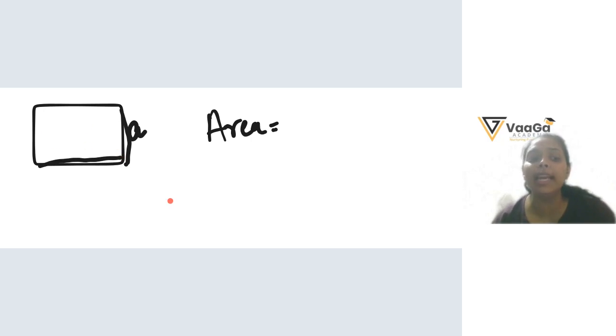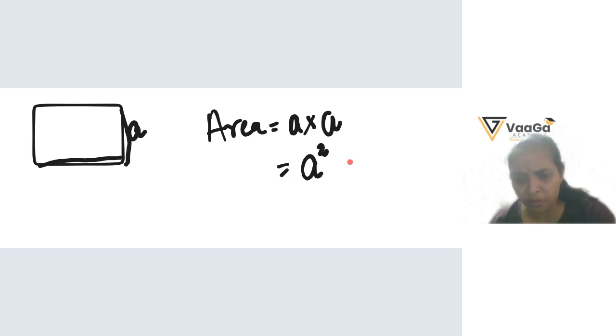So according to you what should be the area of the square? A into 2. A into 2 or A into A? A into A. And what do we write A into A as? It's A square. Are you aware about the squares yet? I guess no. It's okay. Let's just say the area of a square is side times side. Can we say that? Yes. Okay. Side times side.